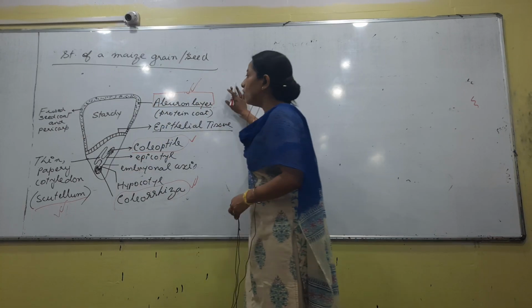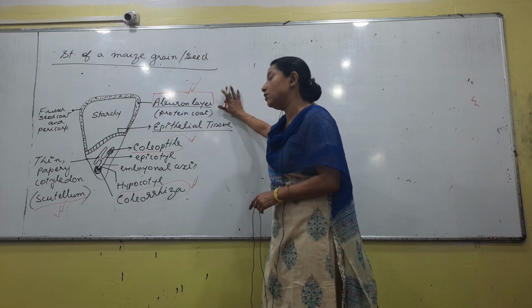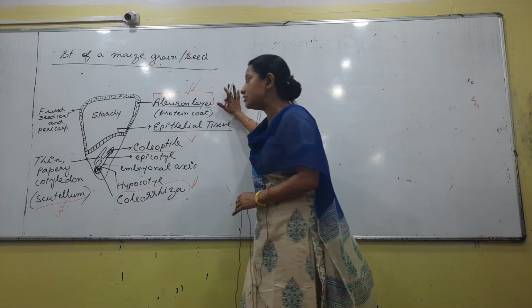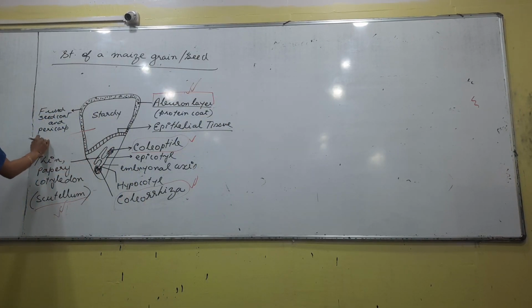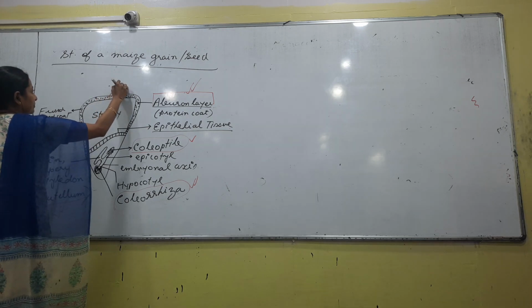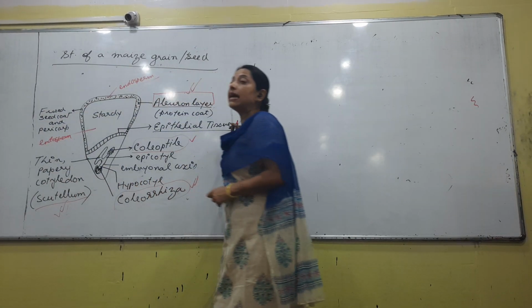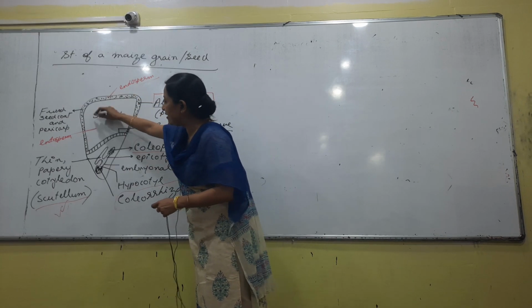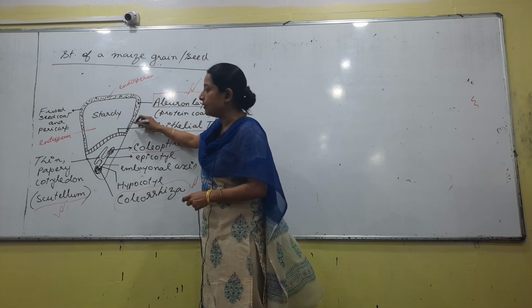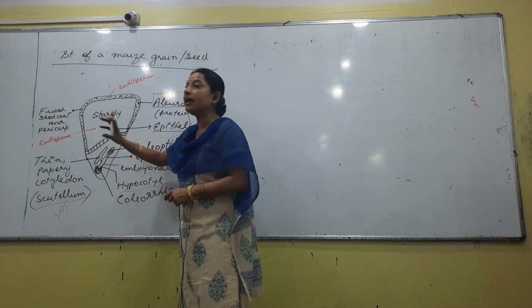Okay, talking about this seed, the first part is whether it's an example of an endospermous or a non-endospermous seed. It's an example of an endospermous seed. So we see the endosperm. Which is the endosperm in case of maize? It is a seed that has two types of endosperm, right? This entire portion is the endosperm and this portion will form the embryo.